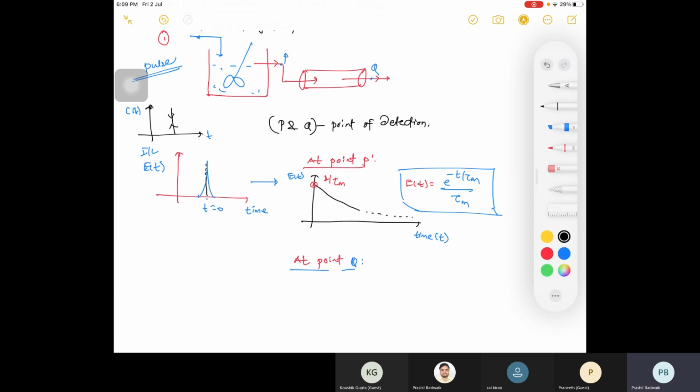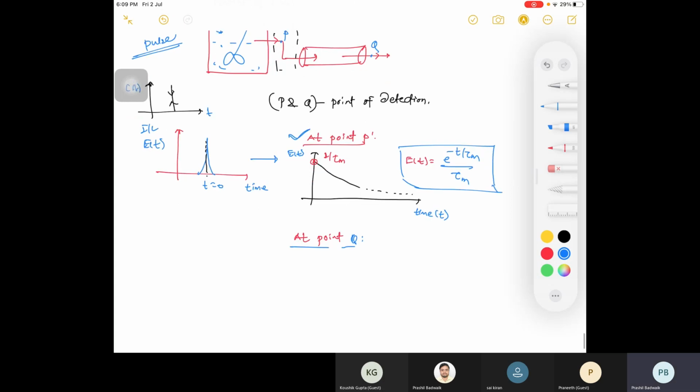at point Q, you have given the injection. These are connected; this pathway is given in between. I'm drawing it here, but it is not actually there. You can say the CSTR is followed by the PFR, and there is no lag in between. So you are injecting this E curve into your PFR now. This at point P is your injection to your Q. So what is your profile then? The E curve